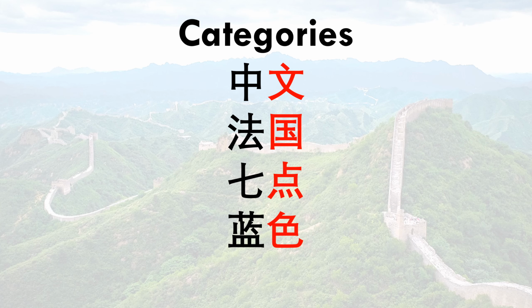Now, 7点, this means 7 o'clock. So for 7点, you want to stress the number, not the unit. And this is something that I repeated before. So notice, I'm not saying 7点, it's 7点. So if I were to add 了 after it, which implies a change of state. So if you say 7点了, it means like it's 7 o'clock now.